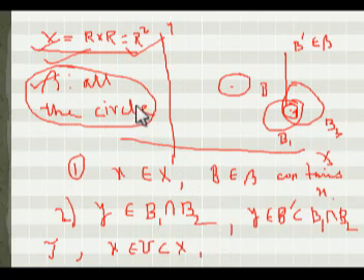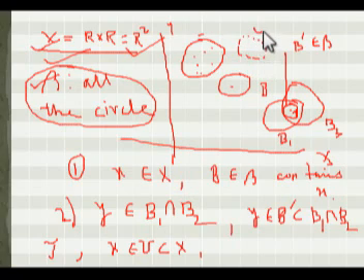Then if we take some point, any point, this is the collection U. If we take U as a circle, then we must find that there must be a circle B also, which contains the point X.